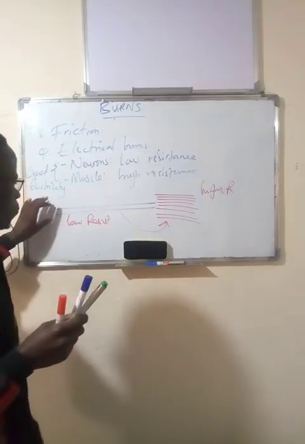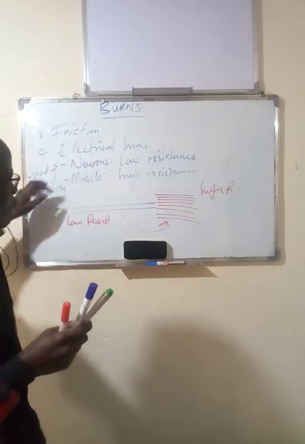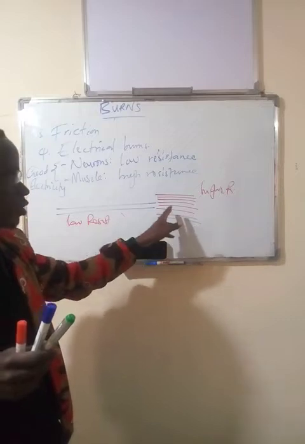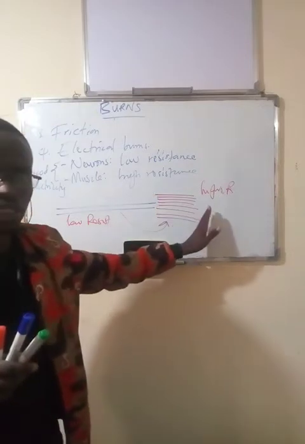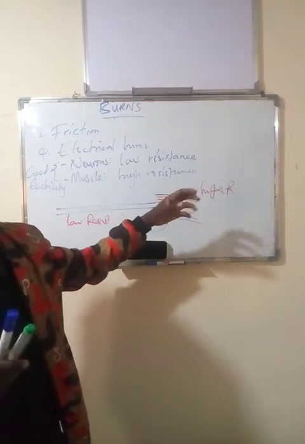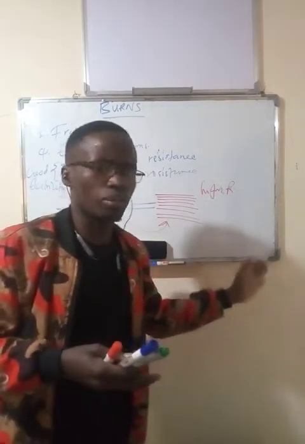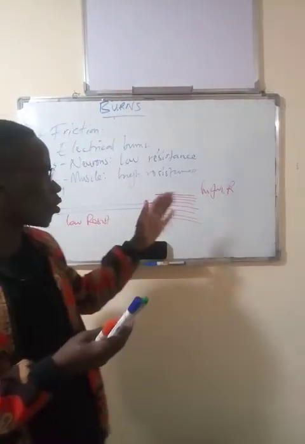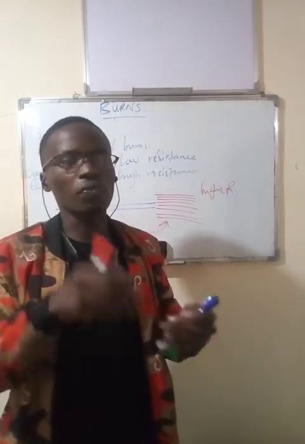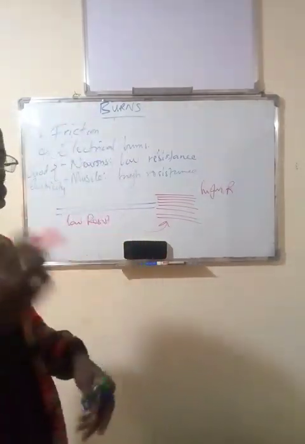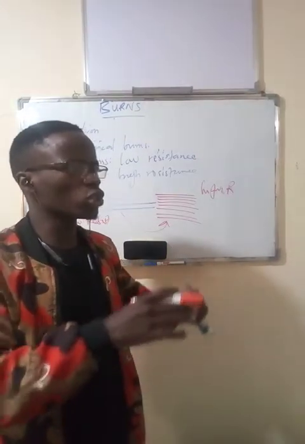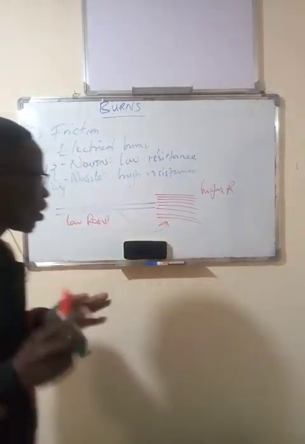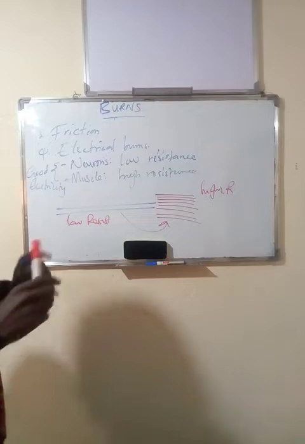So in a case where this electrical energy is passing through the neuron and then reaches the neuronal muscular junction, and then there is high resistance, some of the electrical energy will not be able to pass through the muscle. And because of that, the extra electrical energy is going to be converted to what? To heat energy. And that is what is going to cause the burns on the skin, okay? Which is going to manifest on the skin or on any other part of the body. Okay, so that is basically what happens with the electrical burns.